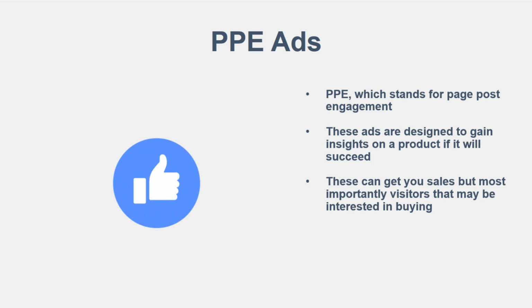You might even make sales from them, from these PPE ads. They're not really designed to specifically get you sales, but a lot of them end up doing that because a lot of people are getting on that post. Lots of comments, likes, shares especially. You're getting your message in front of a lot of people. Your ad's getting in front of a lot of people because they're tagging people. They're like, oh, I love this little necklace or something, whatever it is you're selling. They'll love it. They tag their friends, comment about it. That's a way that you can get a lot of people, and it could potentially go viral,